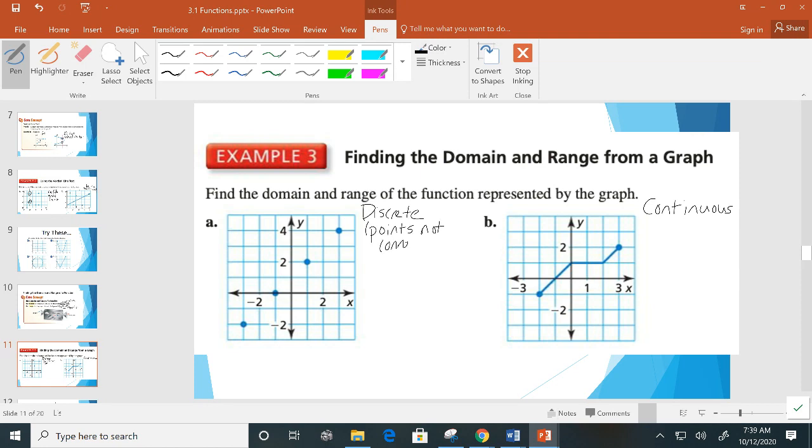While in letter B, in our continuous graph, our points are connected. And that's going to change the way that we write our domain and our range. So the discrete graph is a little bit easier, okay, when we're talking about our domain and range,